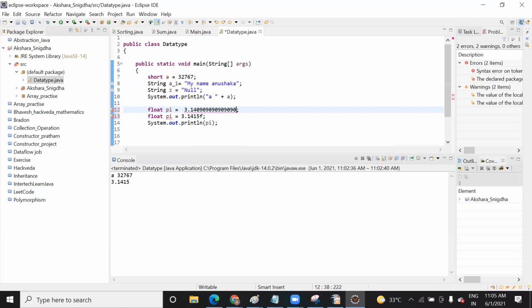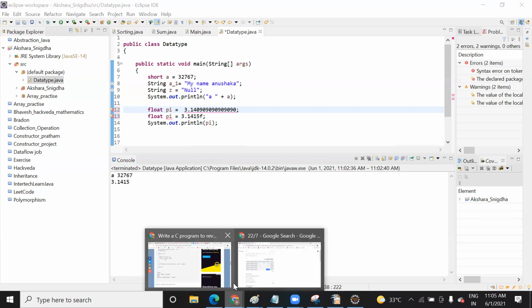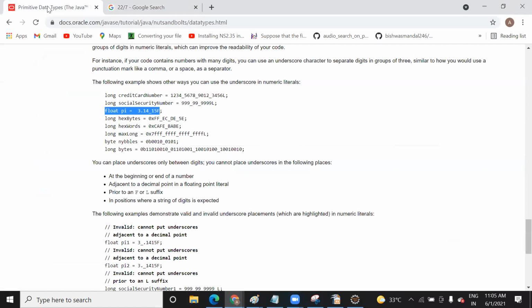Is it like they use it so that later on we can just type 3.15 instead of 1 4 or something? No, it's not. There are different ways of representation in Java. They have just given you the example of how you can use it. There can be a different way of assigning a value, different way of assigning a variable. So they have just said these are one more way where you can use an underscore in the numeric literals. And as I already said, underscore is valid to use in a variable as well as variable name.